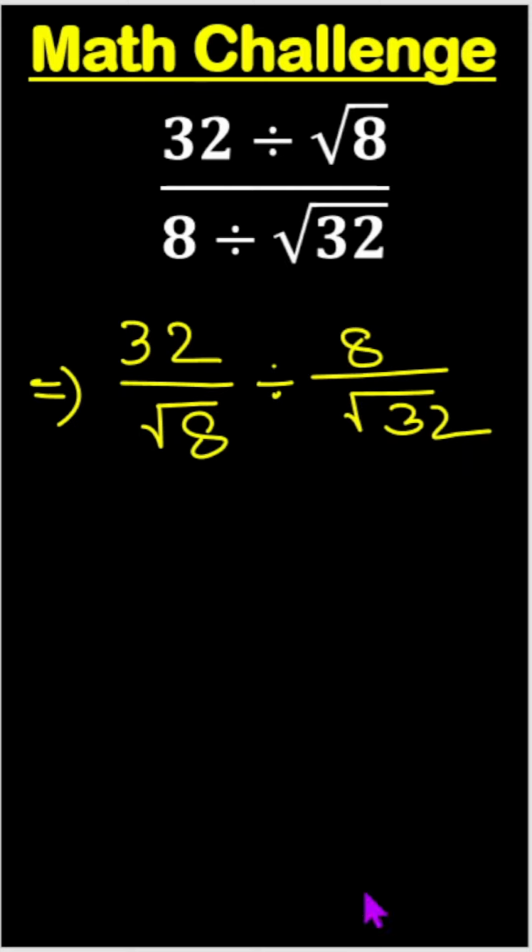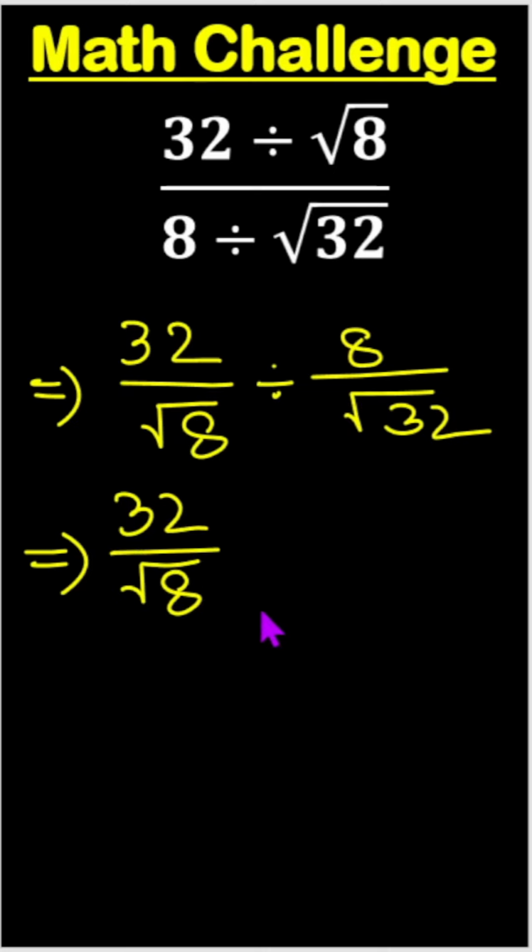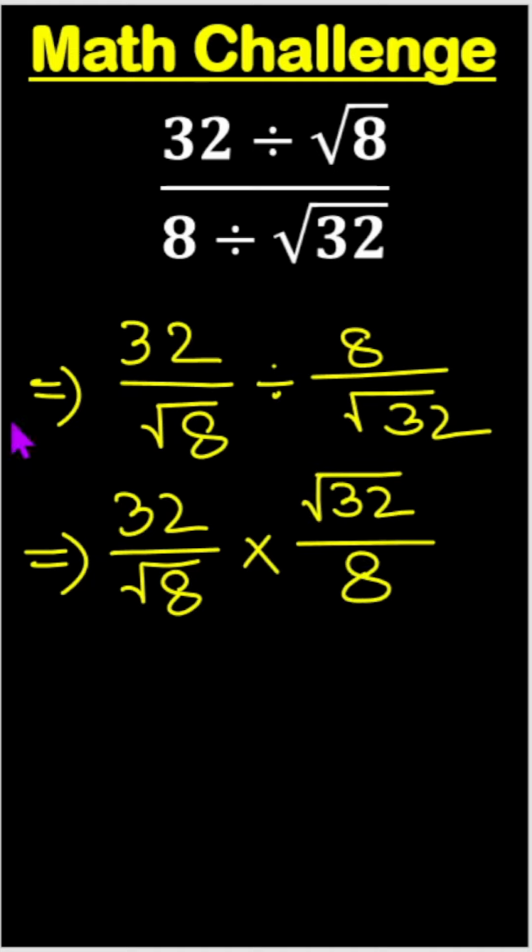Okay, now this 32 by root 8 will be unchanged, and once we divide one fraction by another fraction, against this division sign we can write a multiplication sign, and the next fraction will be flipped. So here it is root 32 by 8. Okay, now